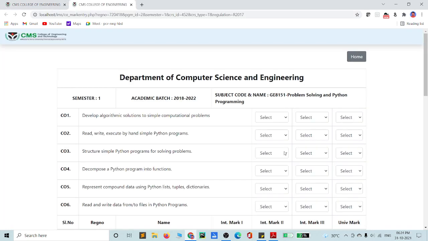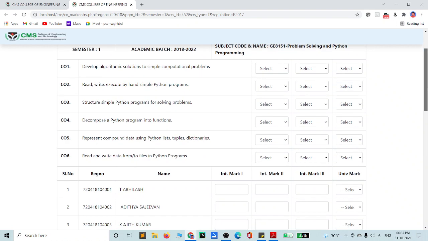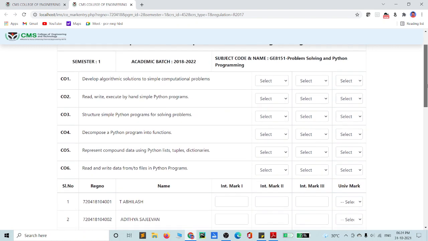Okay, so once you click to enter your marks, it will ask about the six course outcomes available, and which course outcome you are asking in which internal. This is the first internal, so CO1 I am asking in the first internal and the second internal also.